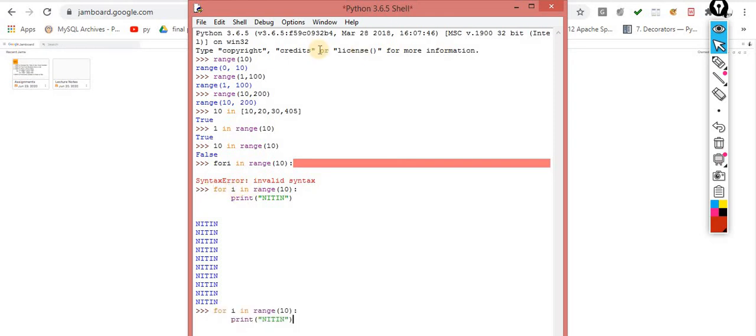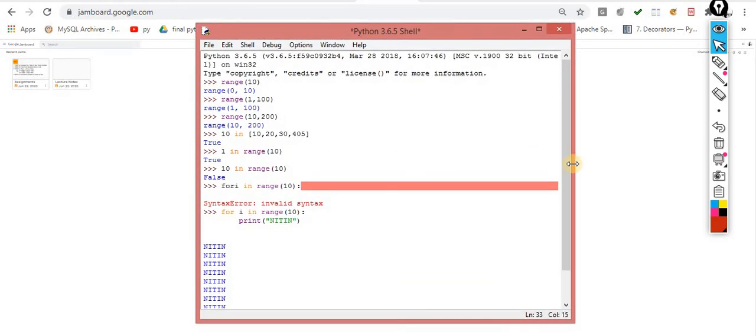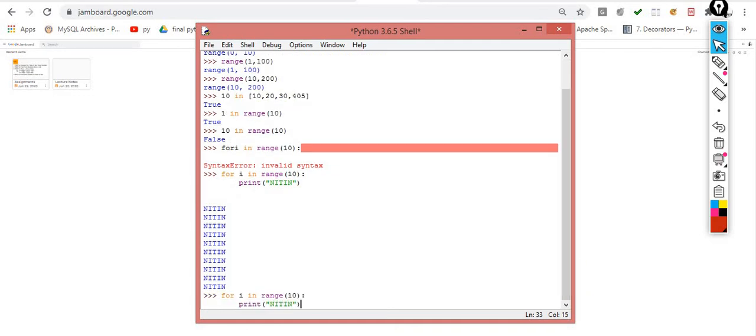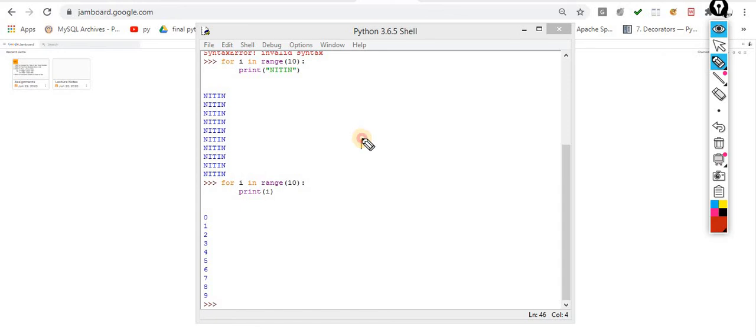Don't worry about it. Very simple. Now this time, rather than printing this name, I am printing the i value. I am printing the i value. Now the picture will be more clear. So I already told you, the i value in the start becomes 0. I print the i value, that is 0.